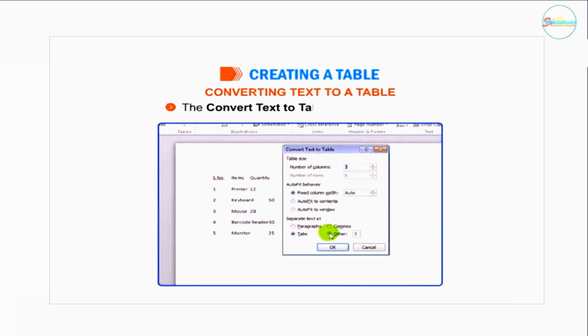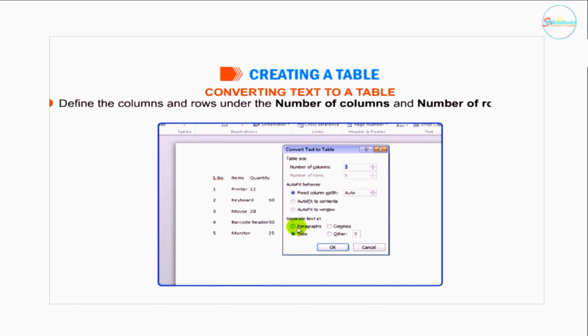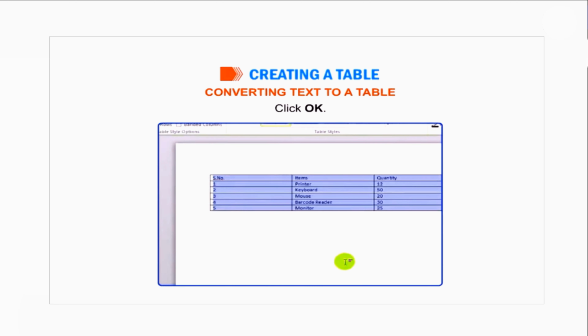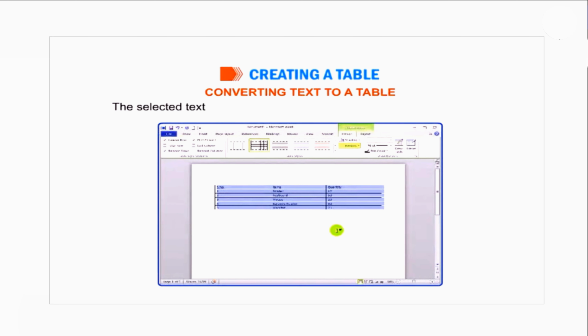The Convert Text to Table dialog box appears. Define the columns and rows under the Number of Columns and Number of Rows options respectively. Click OK. The selected text will appear in the table form as shown in the figure.